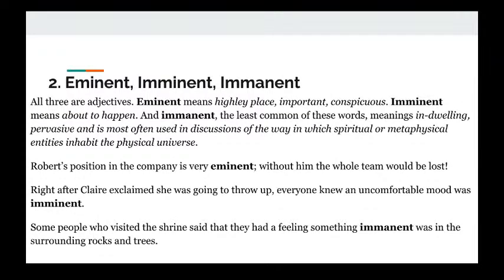So next we have eminent, imminent, and immanent. These, again, are all pronounced very similarly, so I'll just be clear to clarify which one I'm talking about, because they can easily get mixed up verbally. So all 3 of these words are adjectives. Eminent means highly placed,